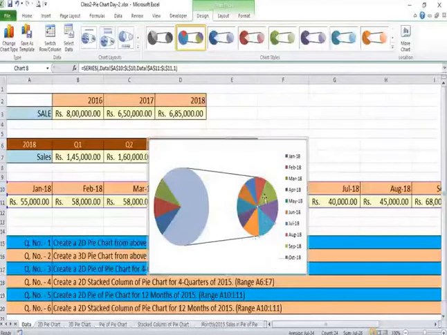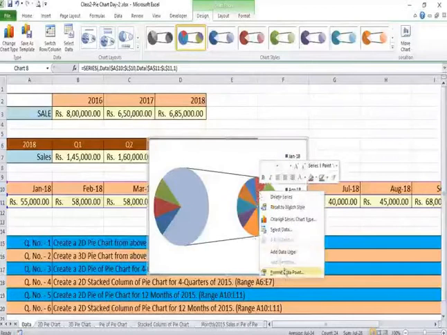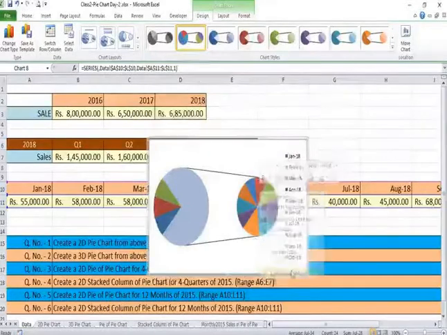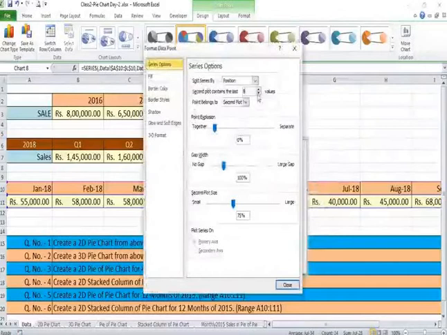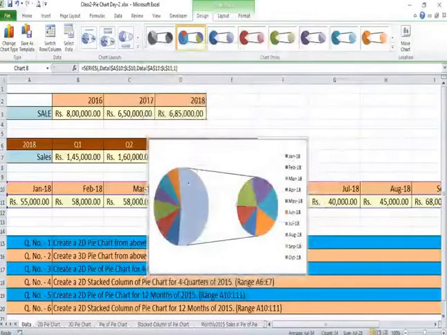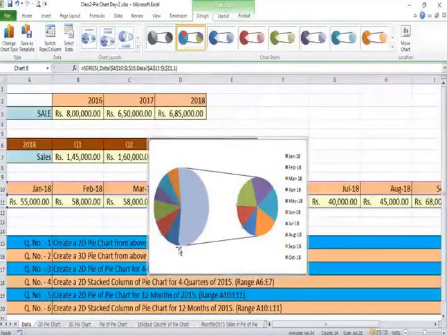So therefore you can right click. Once again I am repeating, right click on this, go to format data point, and then you can vary it. Now let's make it 6 months. So here is the data for 6 months, and for the rest of the 6 months you have another pie.